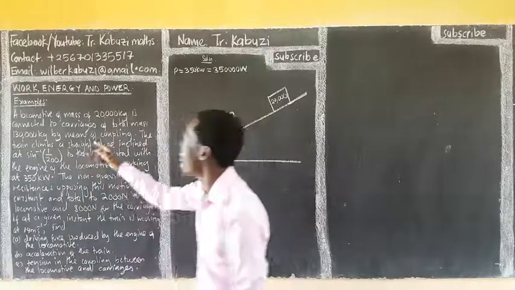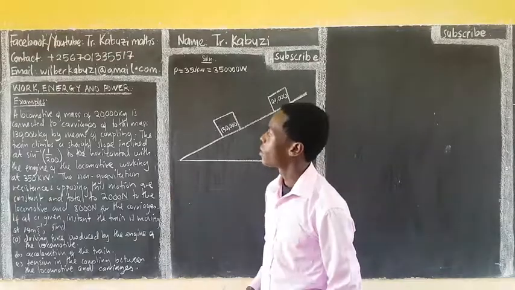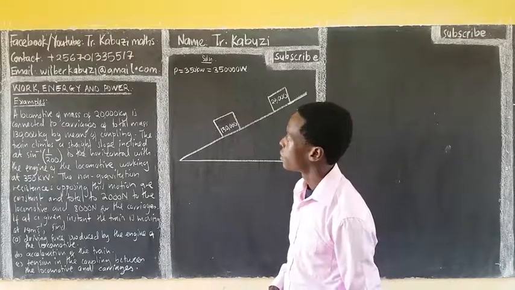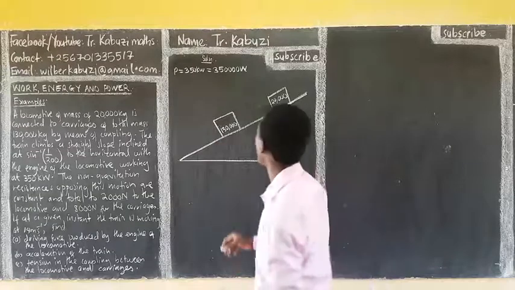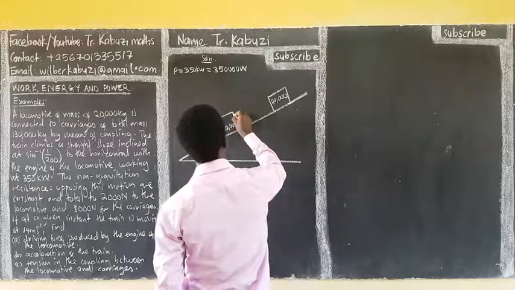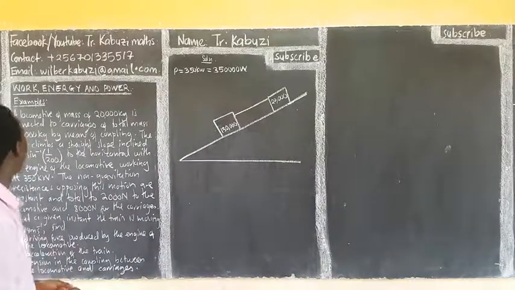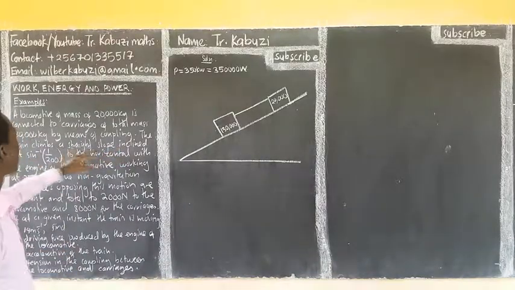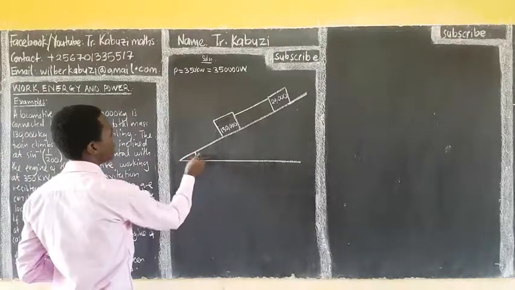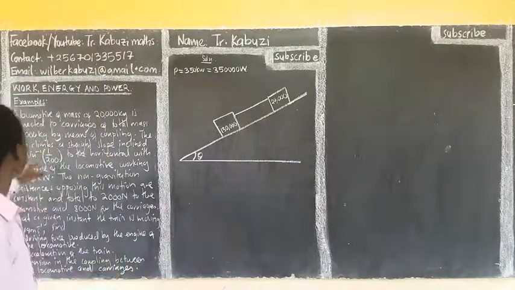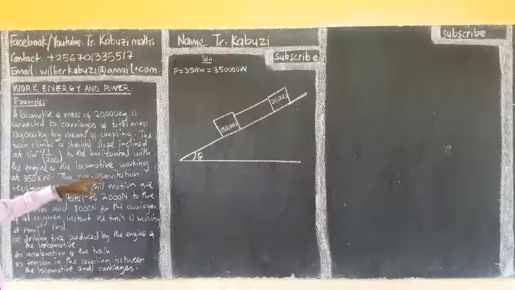Okay, so now from here, a locomotive of mass 2,000 kilograms is connected to a carriage of total mass, so the whole is going to be 130,000 kilograms. So they are connected by means of coupling. The train climbs a straight slope inclined at, they are giving us this angle as theta, sine inverse of 1/200 to the horizontal, with an engine of the locomotive working at